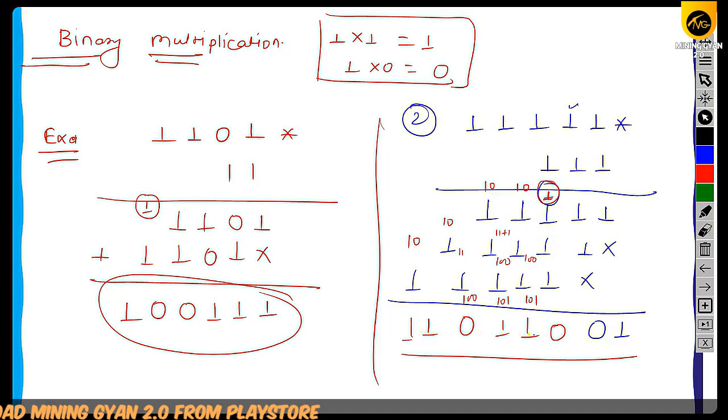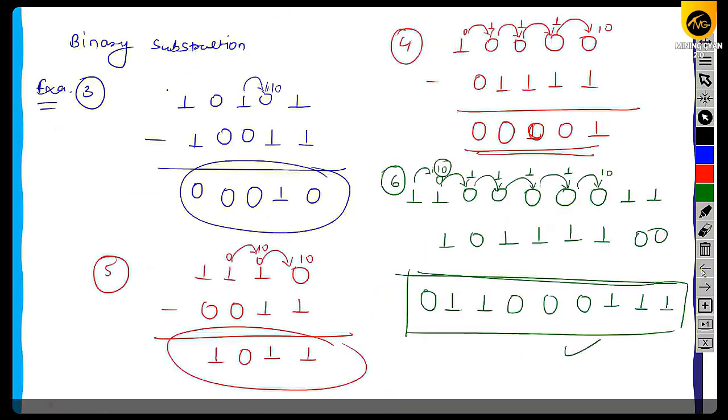1 1 0 1 1 0 0 1. This is the final answer of the multiplication. Okay, so always remember the most important thing is the